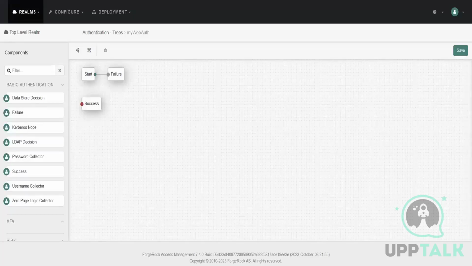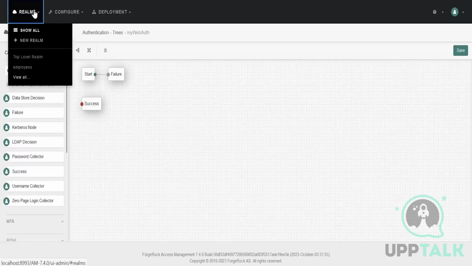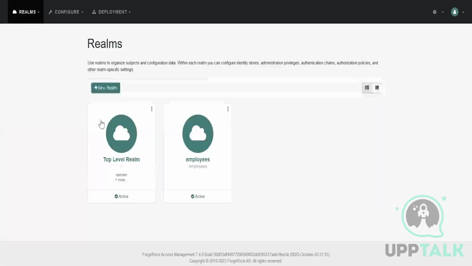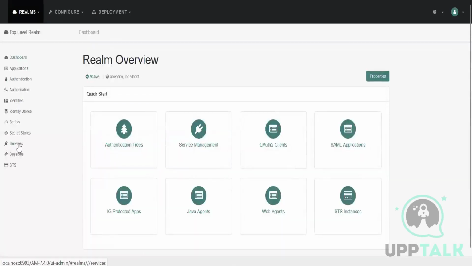For that, before setting up the tree, we need to add a service, the web authentication profile encryption service. So here, yeah, if you go to the services,